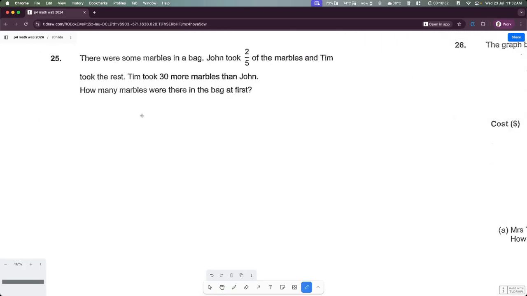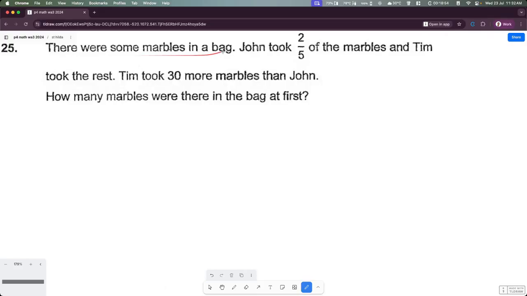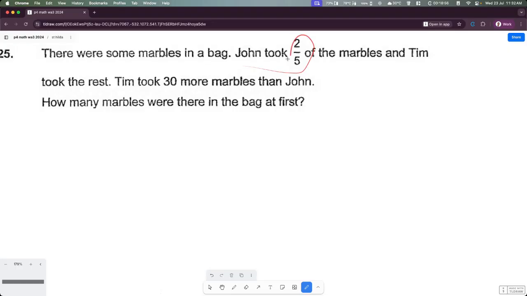Question 25, right? There were some marbles in a bag. John took 2/5 of the marbles and Tim took the rest. Tim took 30 more marbles than John. How many marbles were there in the bag at first? All right, so the first step to this